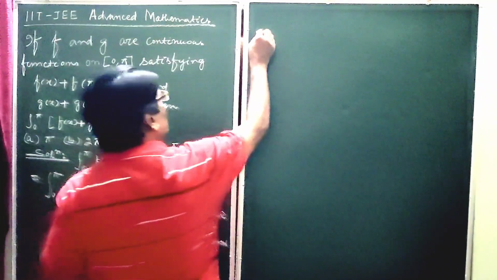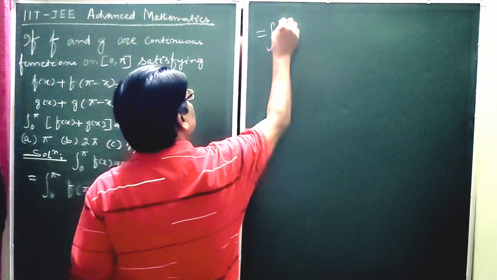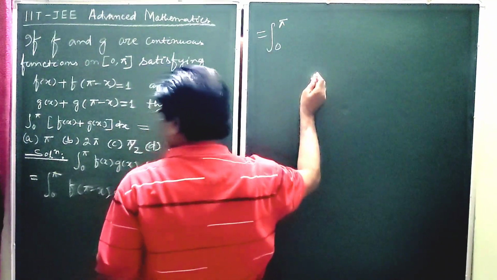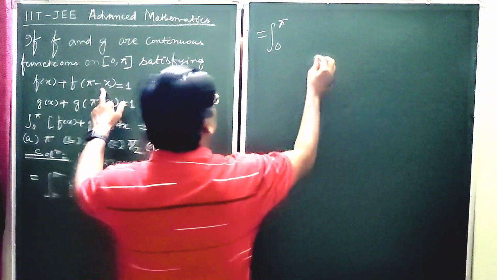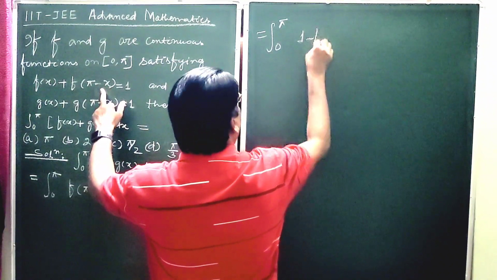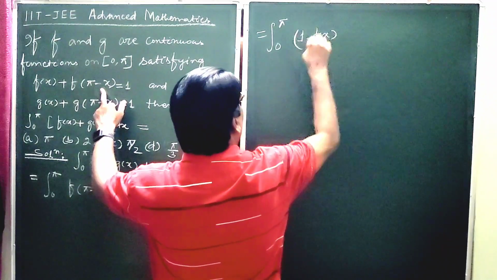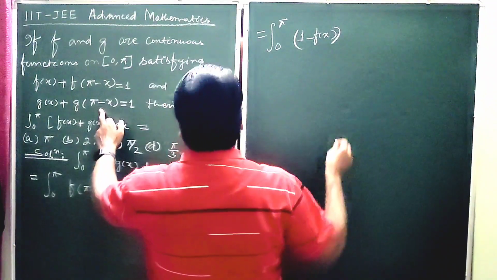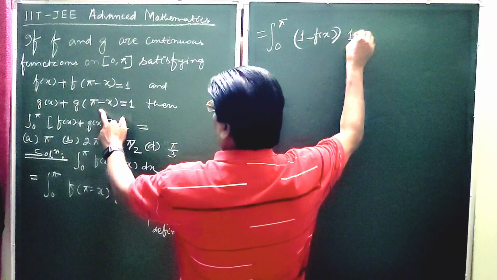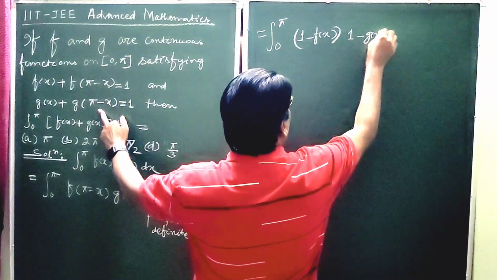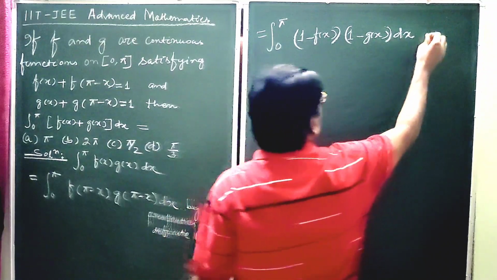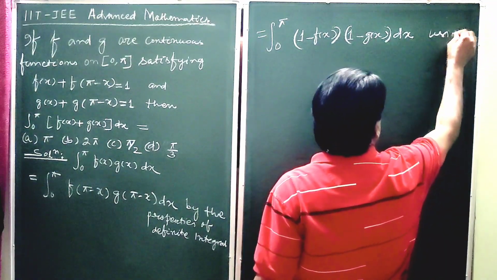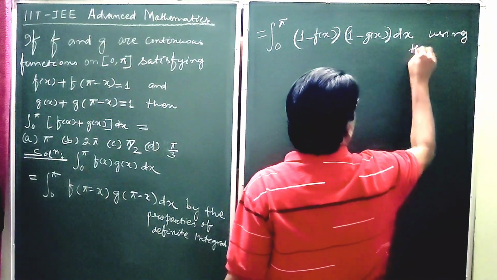So this is equal to the integration from 0 to pi. Now f of pi minus x is 1 minus f x, and g of pi minus x is 1 minus g of x, dx. So using the given conditions,